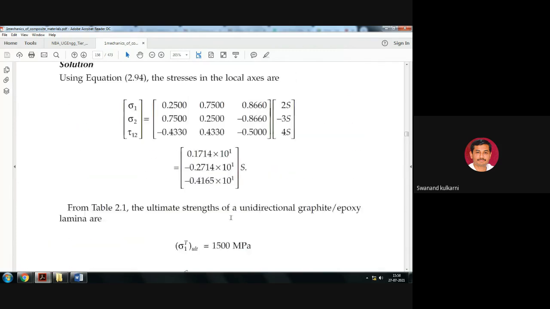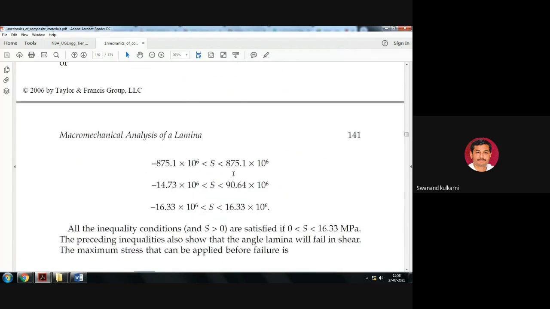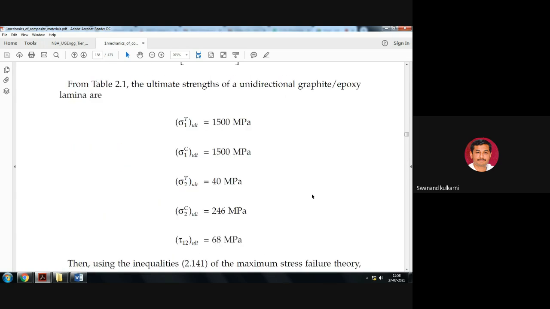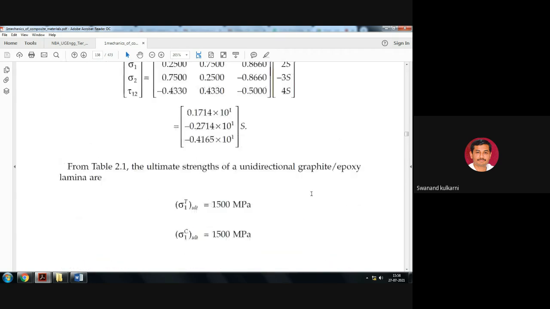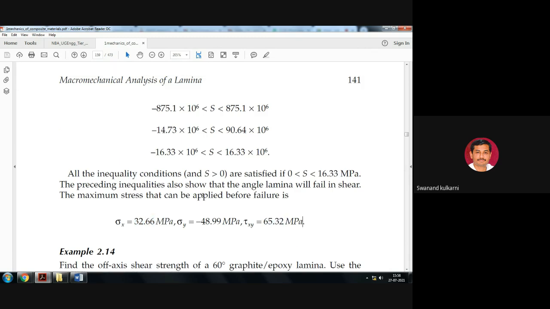Then in this example, sigma y was given as minus 3s. If we use this minus 3s here, then 16 into 3 is 48, and .33 into 3 is .99. So minus 48.99, that is the sigma y. And for tau xy, it is given as equal to 4s. Is it okay? So 4 into 16.33 is 65.32. That is the answer we are getting with the help of this analysis of the S